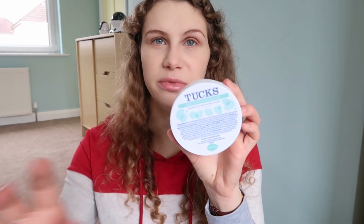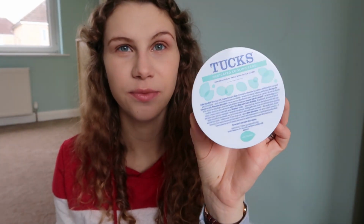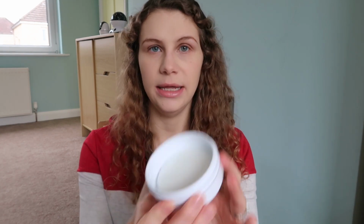And then the next thing that I have is this, which I bought this time round for after birth. I've not used them before, but I do really like these. These are called Tucks. A lot of people recommend these. They're medicated cooling pads for hemorrhoids. The active ingredient in these is witch hazel. So that's the thing that is medicated, I guess. And what they are, if you've not seen them, is